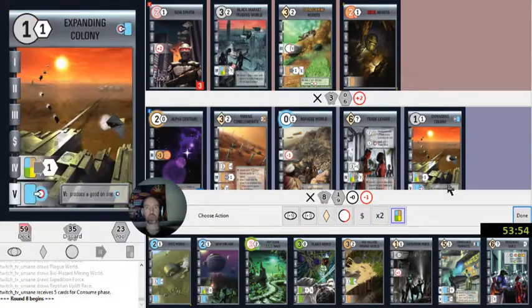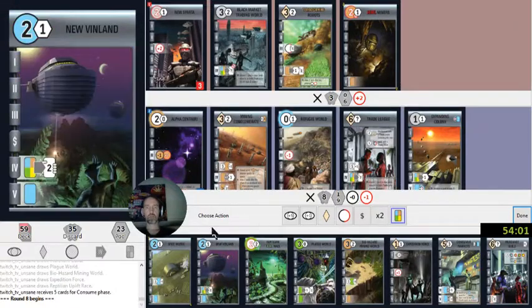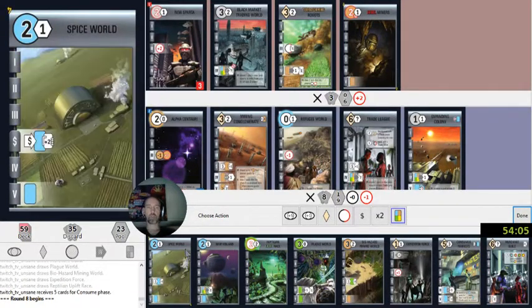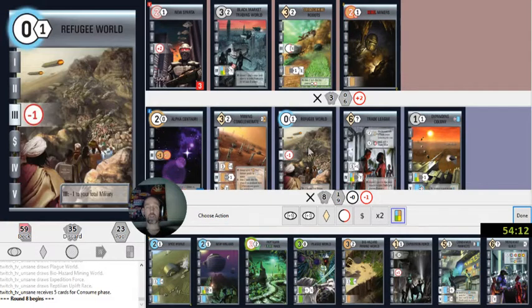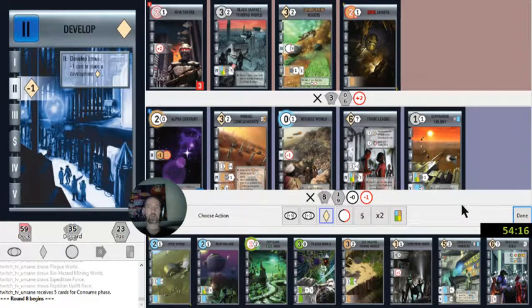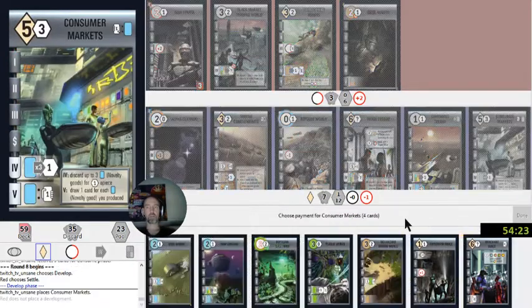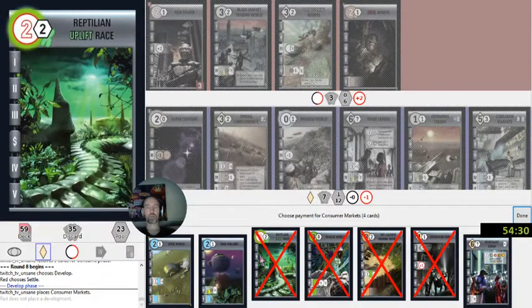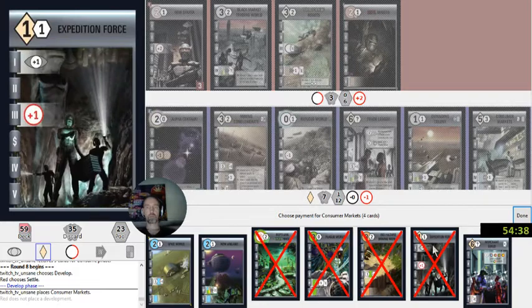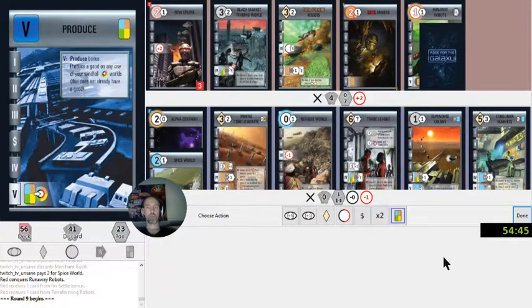So we have a 4-point engine. If I dev, I can leech 1 more like this. Go down to 0. Is he going to produce here? He might actually produce. He has 3 cards in hand. Merchant Guild, I guess, is pretty bad here. I'm just going to dev, honestly. Alright, well. Oh, it's only 4, right. Just go all in. Well, so